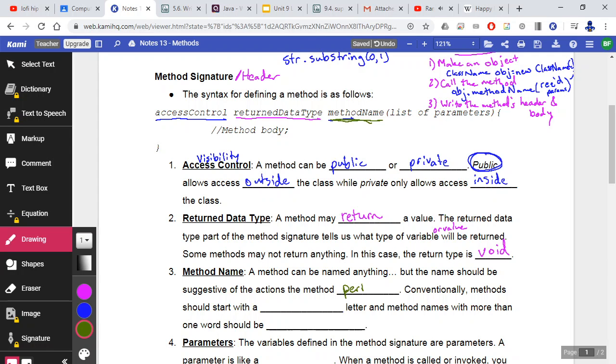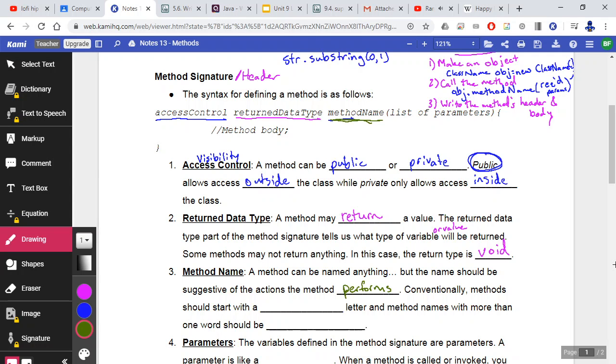performs, does, whatever. You know, if a method is figuring out half the length of a string, don't call that method B. Call that half length or something like that. Let's think about all the string methods. Let's think of some of the good names in the string class. Substring, it takes a string and gives you a subsection of it. Length, it gives you the length of a string. Index of, it finds the index of a character. Two uppercase, gosh, I wonder what that one does. Two lowercase, man, mystifying. You want to name your method something that's very illustrative of the actions your method performs